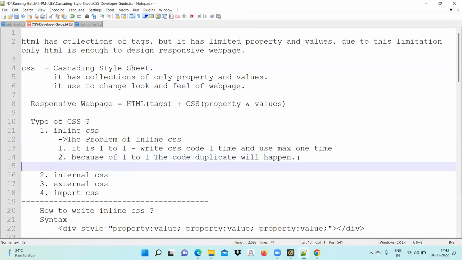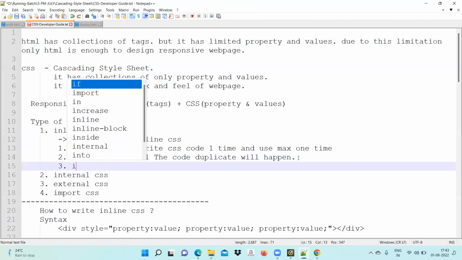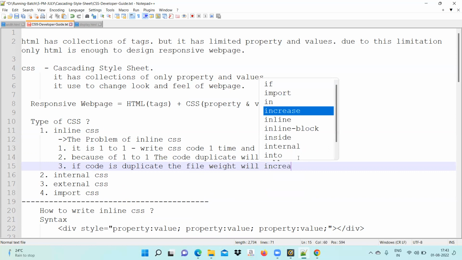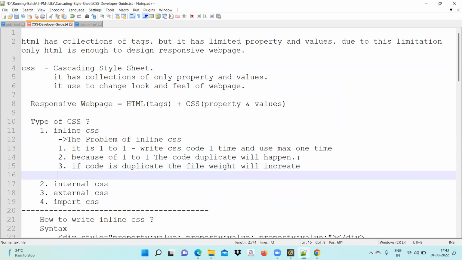Point number 3 you write: if the code is duplicate, then file weight will increase. File weight will increase. Fourth point: if the file is heavy,